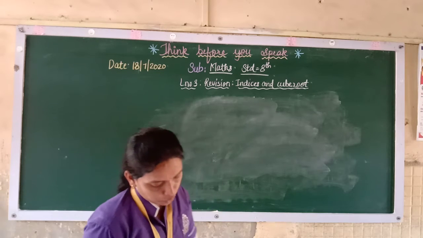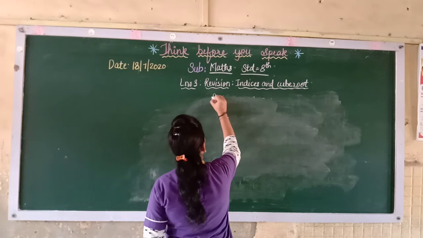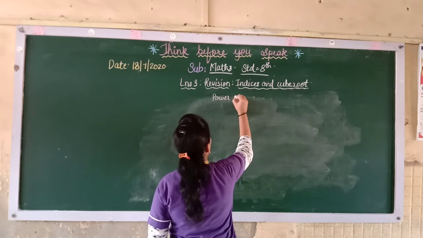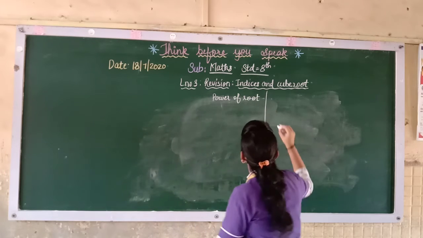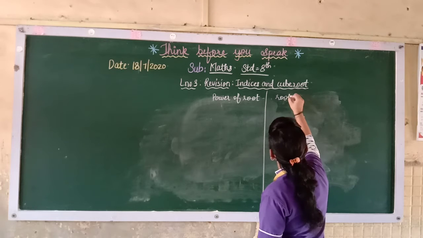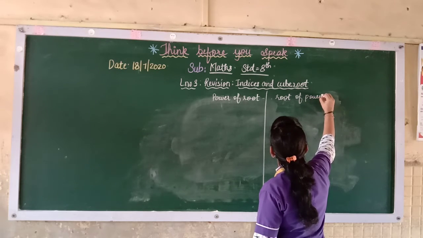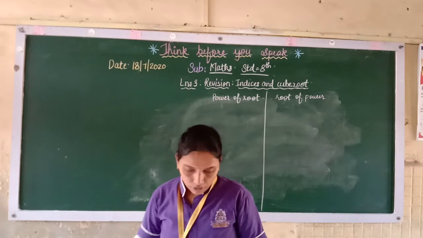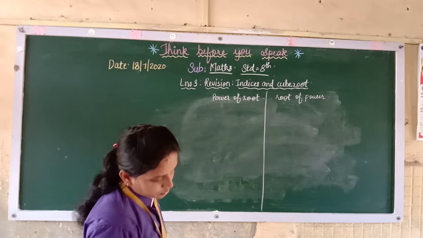Now you have to write the power of root and root of power. So we'll see how we have to write that. Power of root and root of the power. So first one is,